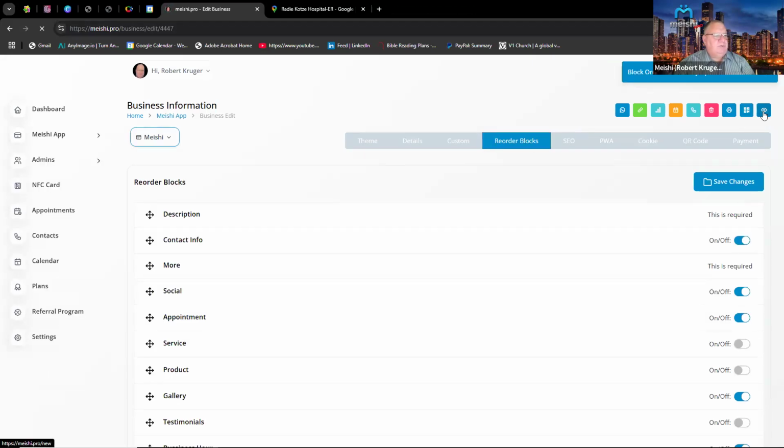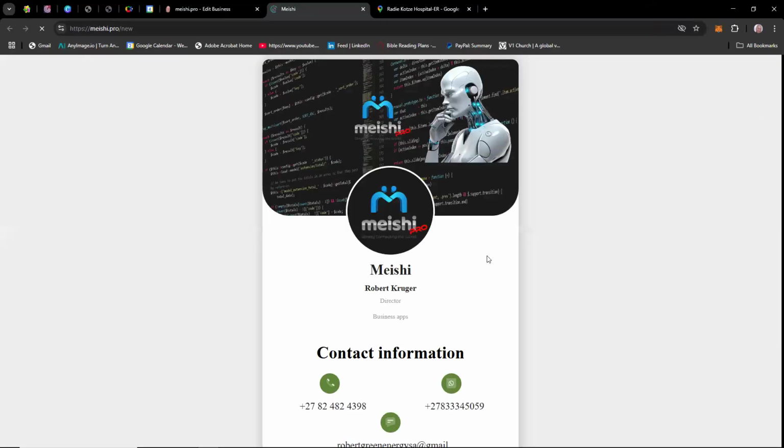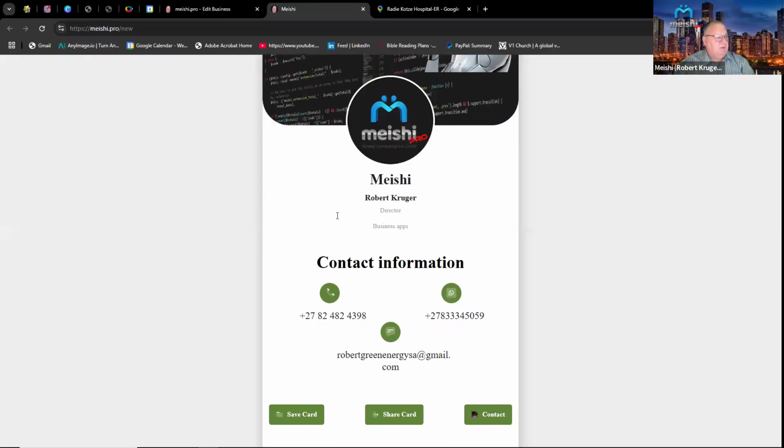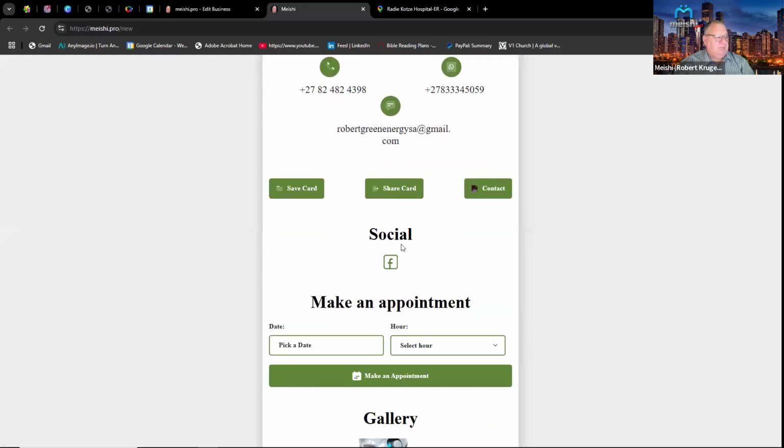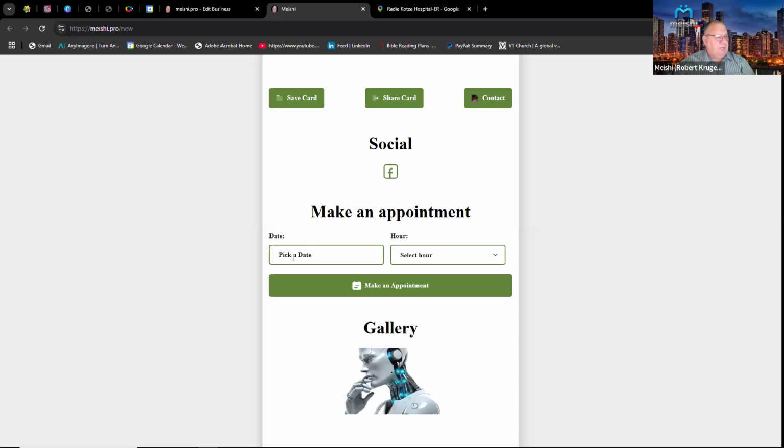So if I go to preview, I'm just going to go into preview here. You will see here, now I've got my name and my designation and what company I am. A short description, I just design business apps or whatever. Then I have my contact details. Then I have my save card, share card, which is your more, your social media, and your make appointments and